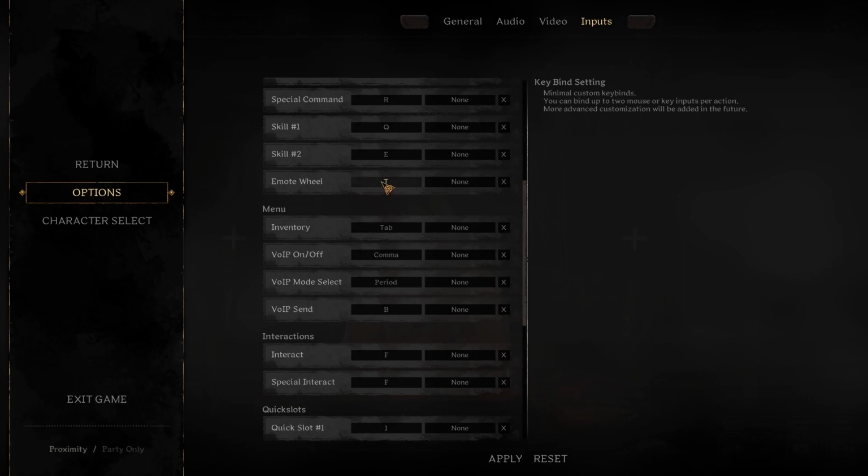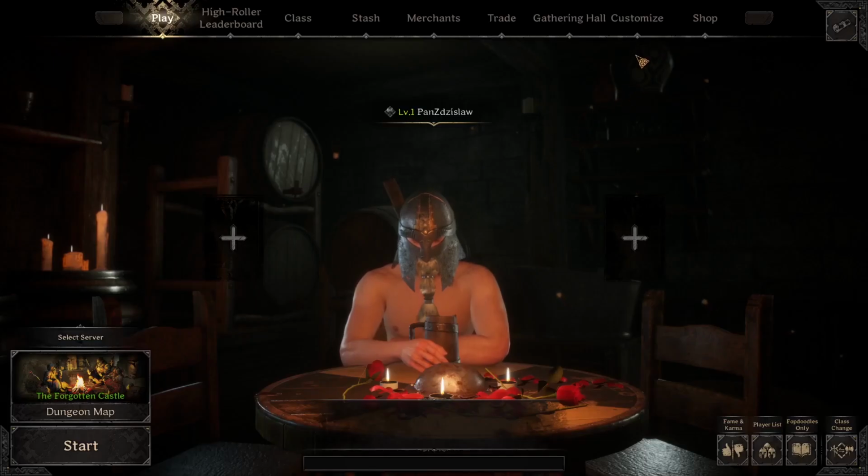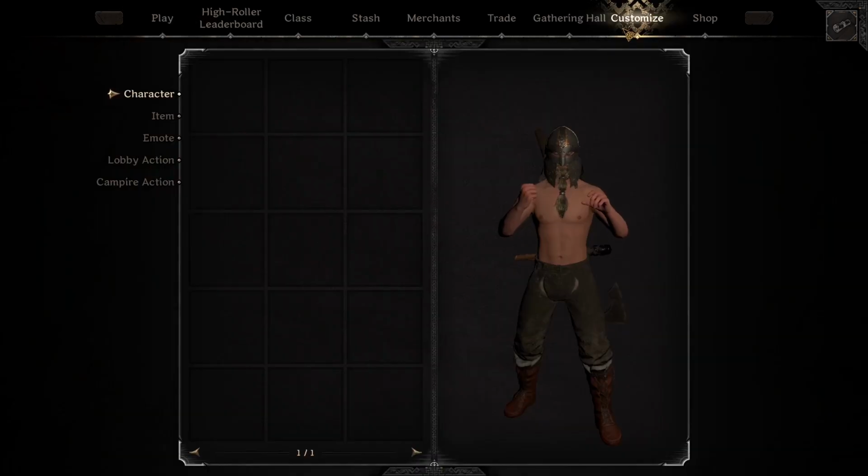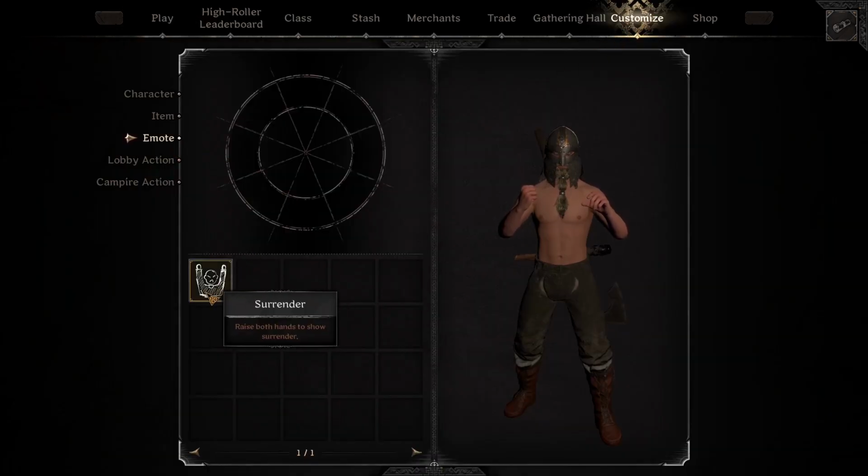Now to call it out in a game, you need to hold the T and then choose the emote from the emote wheel. And now to customize it, click on Customize button right here, go for the emotes. Now drag the emotes from this tab right here and add them to your emote wheel,